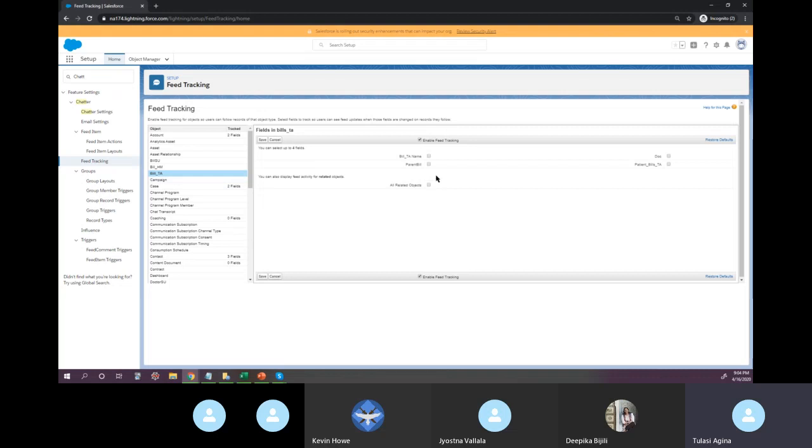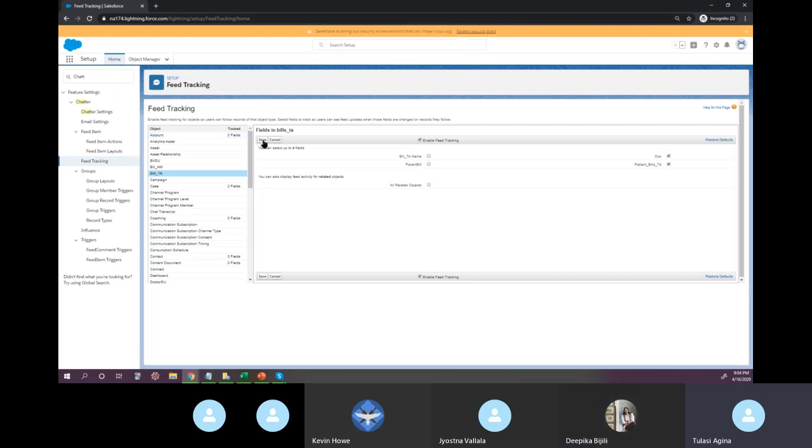Go ahead and enable at the top. And then you say, okay, anytime my patient information is updated, anytime the doctor is updated, I want to see it. Okay, so similarly, if I go to accounts, if you select a different object,